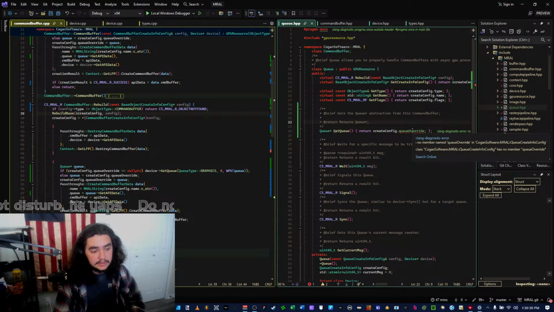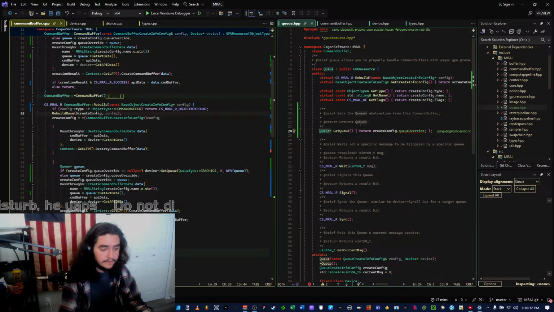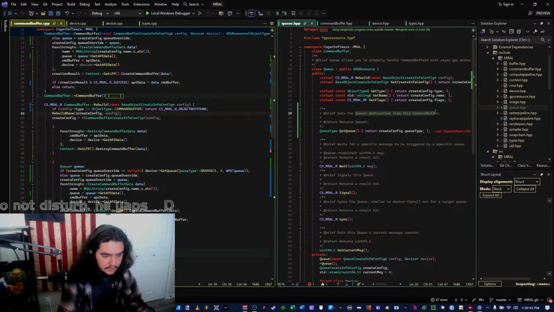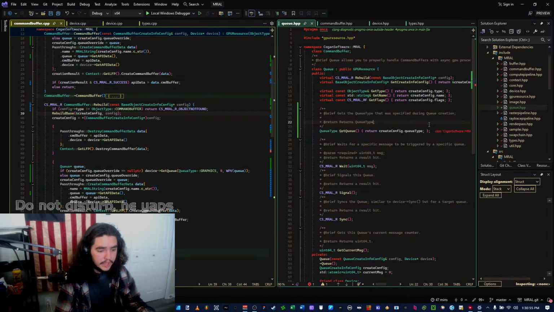But that's actually a pretty good idea to fix up the test project I have in this solution. So I might actually legit do that in like a few here.